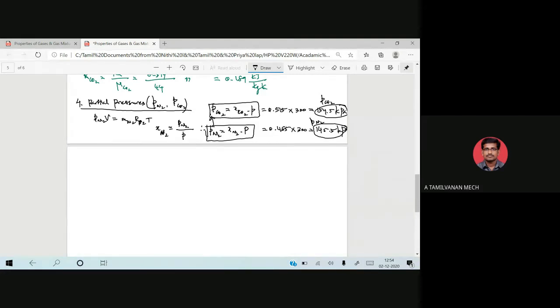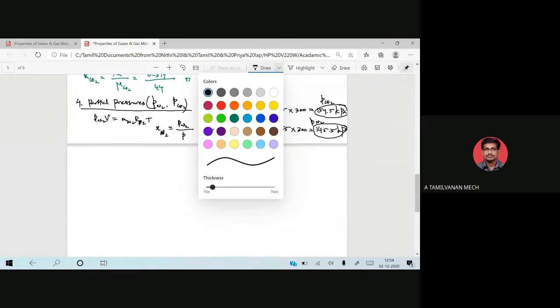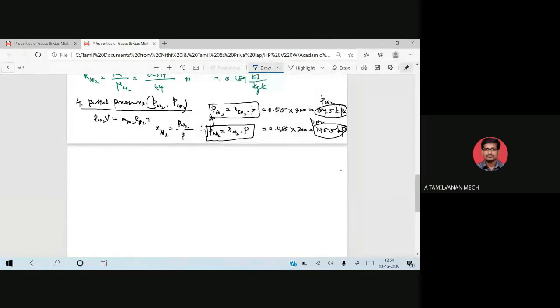Then next one we are going to find the partial volumes. Partial volumes, which is equal to V of N2 and V of CO2. We have two terms. So from that formula, PV is equal to this one, V of N2 is equal to,